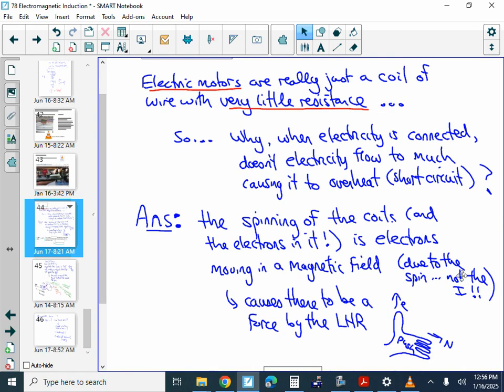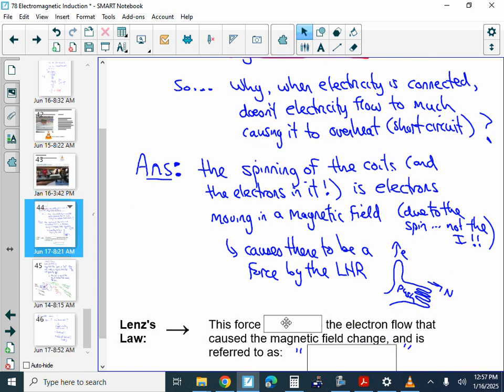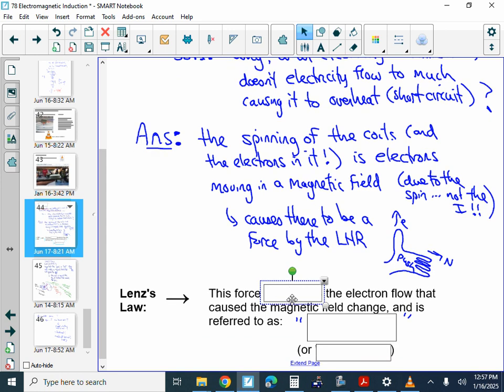And so there's going to be electromotive force on them, right? This electron's going this way and a north that way, and there's going to be a push on those electrons in those coils of wire. Well, by Lenz's law, is that push going to make the electrons, they're moving already to make the motor go, right? So is that push going to make the motor go faster, or is it going to go against the flow? And of course, it's going to go against the flow